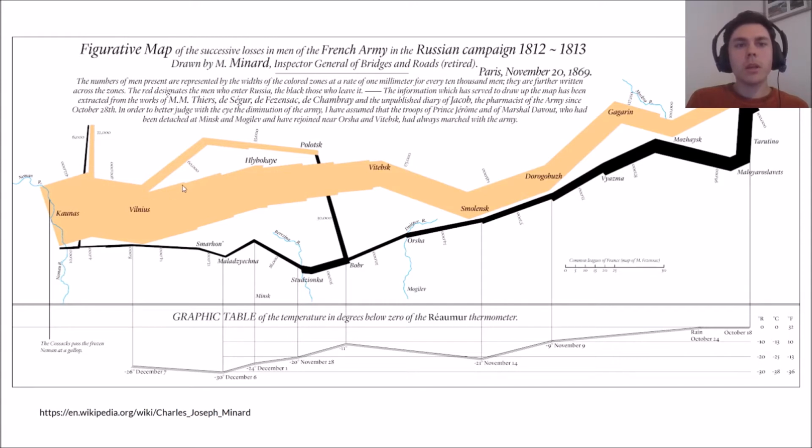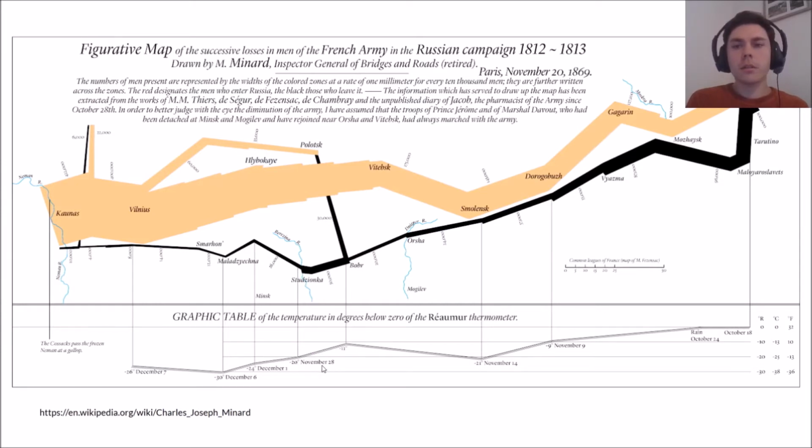You can see that with each battle, the number of people gets smaller and smaller as more and more people die. And even on the way back, you can see how many people die even just crossing this river here. And he combined this graphic with a timeline of the temperatures in Russia. You can see that, for example, here, when they crossed the river and many people died, it was minus